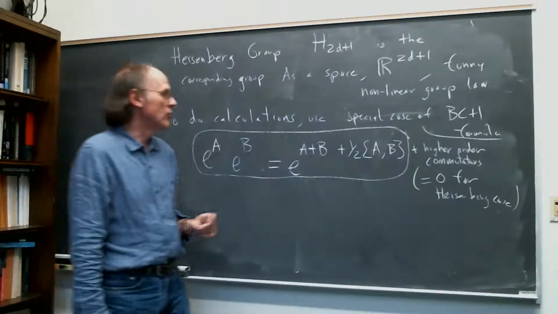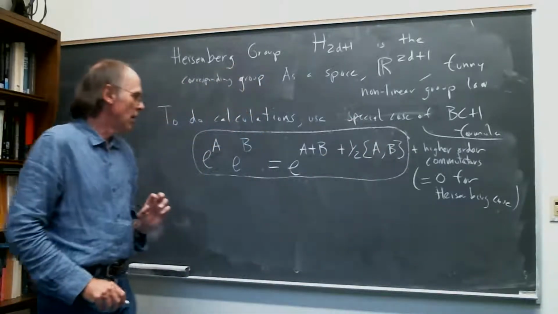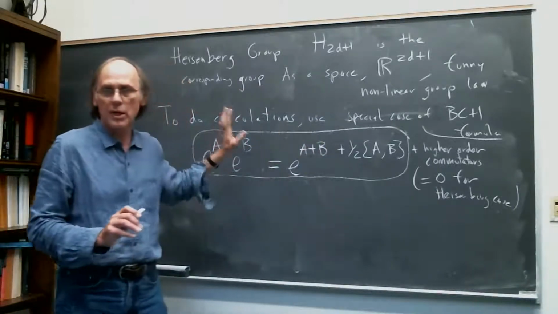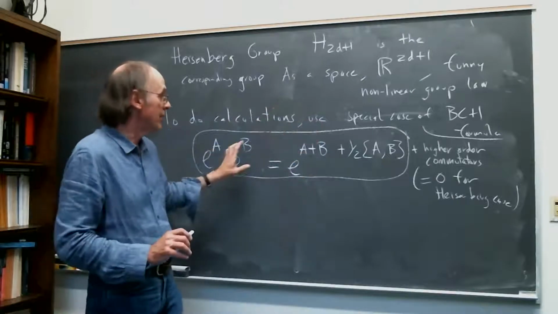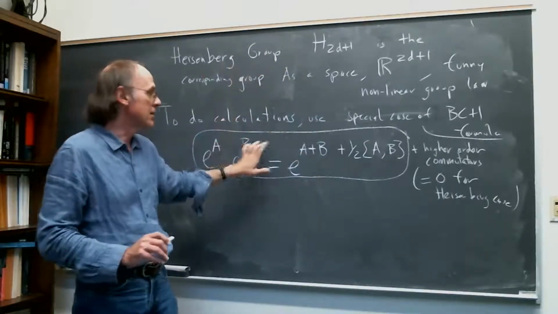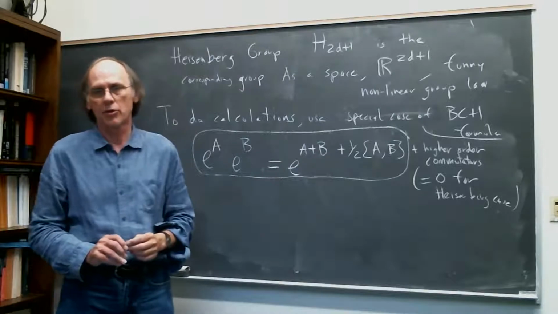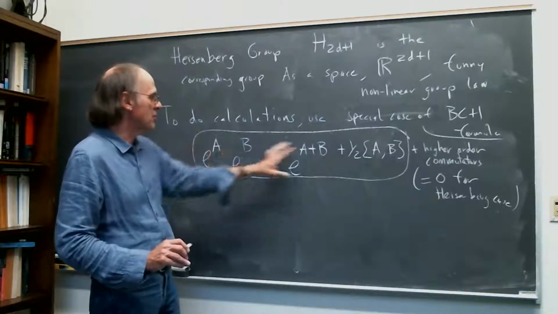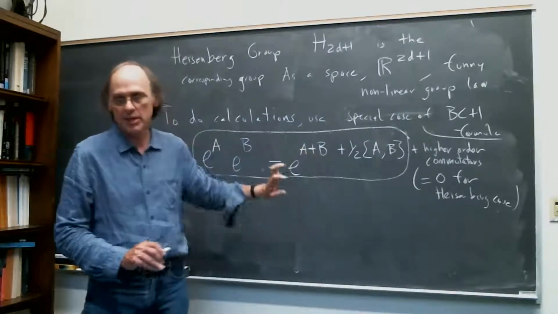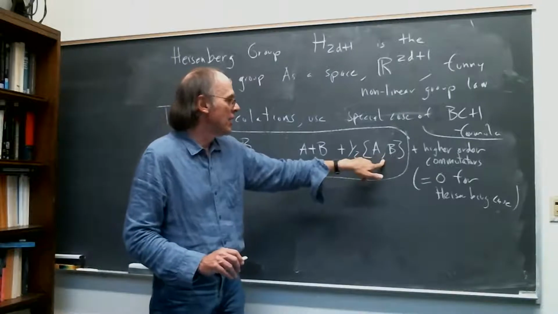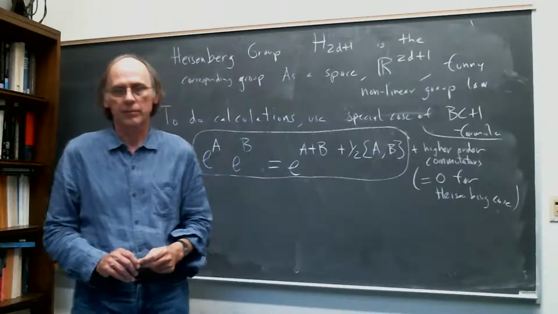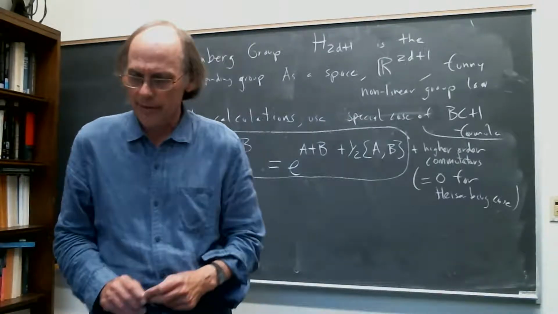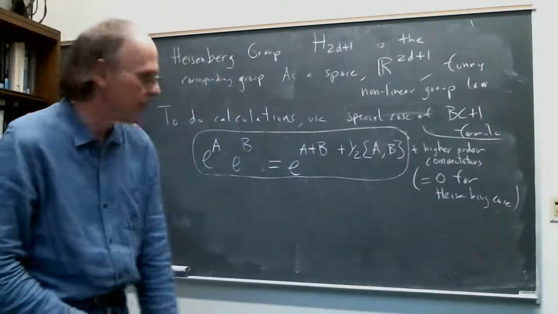Okay. So anyway, if you actually want to work out specifically the relationship between things in the Lie algebra and things in the Lie group, in the Heisenberg case, this formula really tells you exactly all you need. So at the level of this, you're very close to a situation where you have a nice exponential group law, except that there's this funniness going on. And okay, another way of thinking about it,